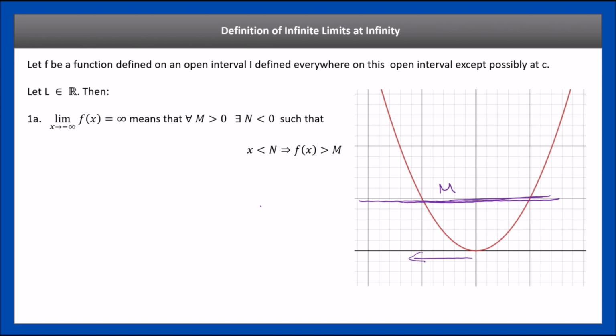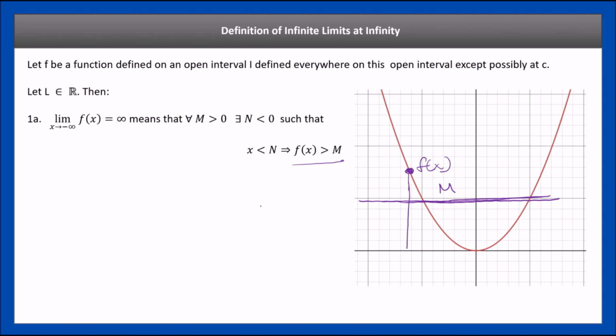So that means we're on this side, right? Such that the function is greater than M. So for this M value, for f of x to be greater than it, it has to be over here or something like that. Okay, well, we're saying that there exists an N such that